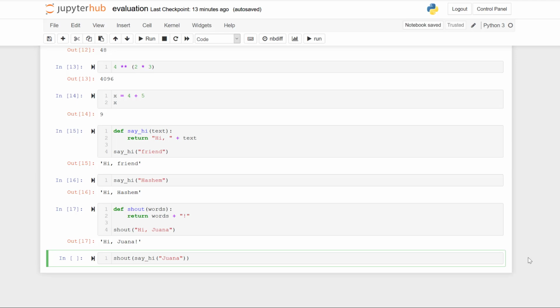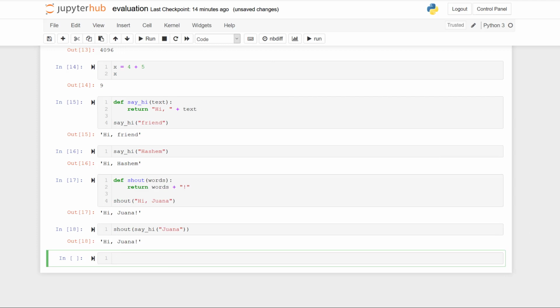So now we're calling the function shout with the input hi wanna, which will then assign the input hi wanna to the parameter words, and then evaluate the function body, which will return hi wanna with an exclamation mark appended to it. So let's run this code, and we see we get what we expect.